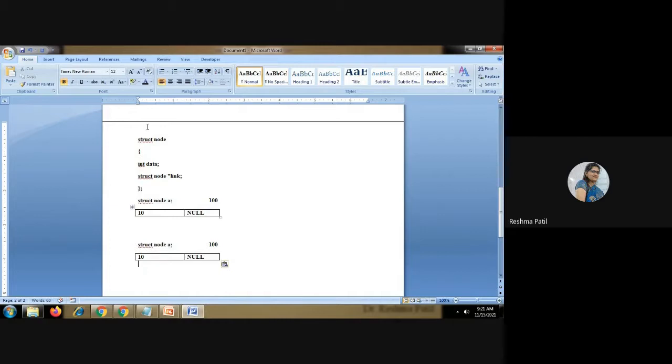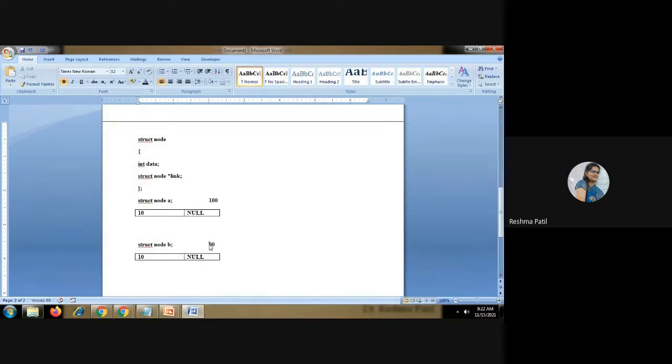Same way. This is the same. Only I will create one more node. If this is a struct node B, I'm just giving an example of how memory is going to be allocated. Whenever I create this, that time memory is going to be allocated. We will use a pointer. We will see that program also. I'm just giving an example. Struct node B. Whenever I create a new node, that time it will allocate memory.